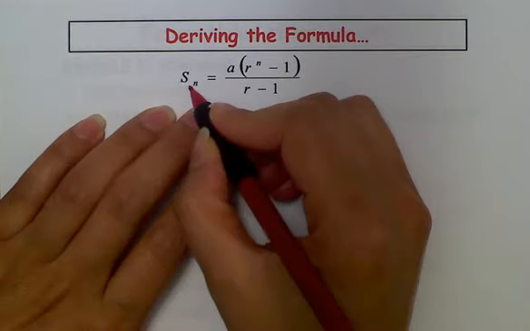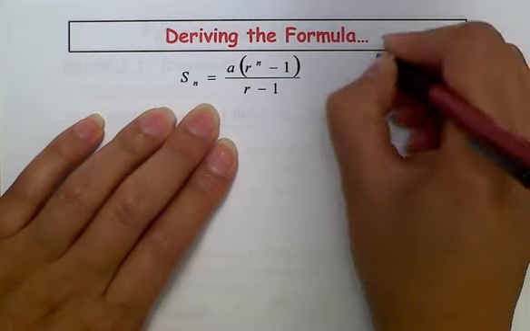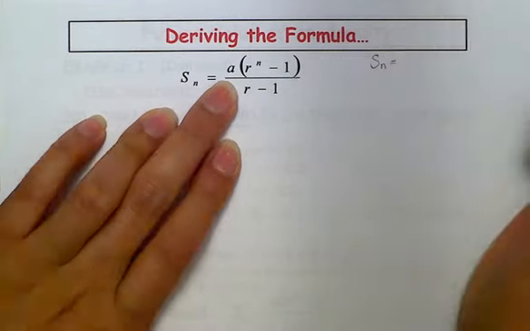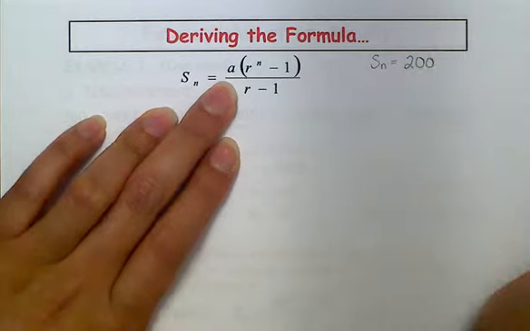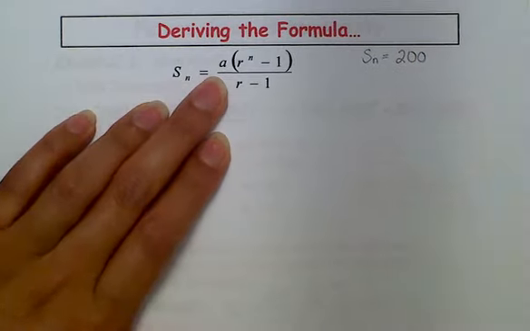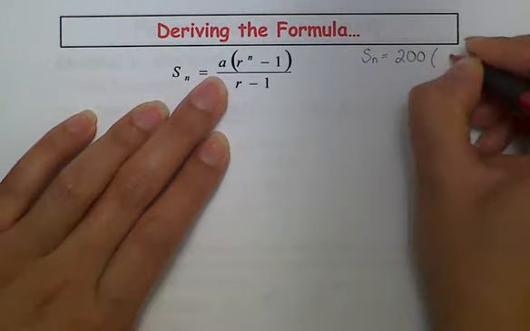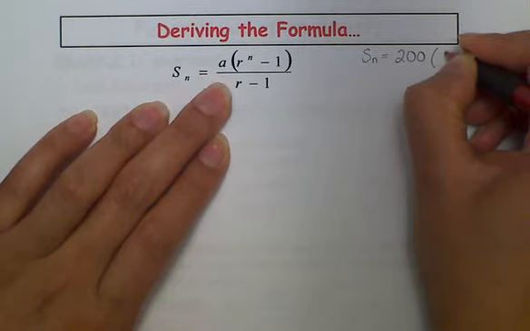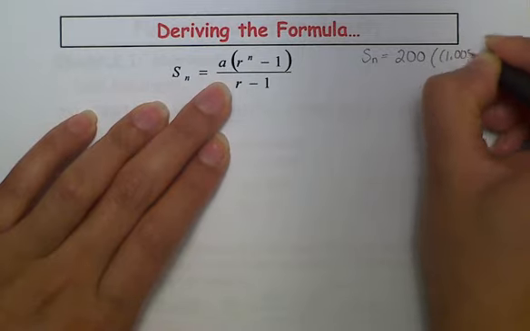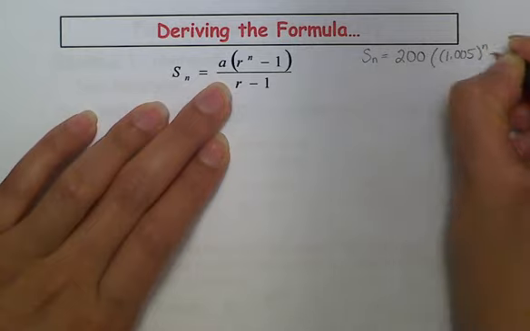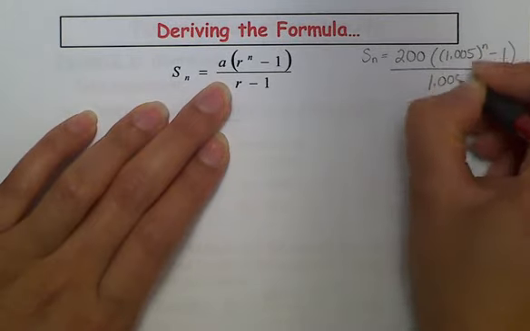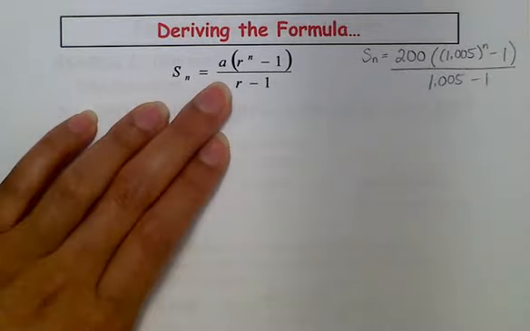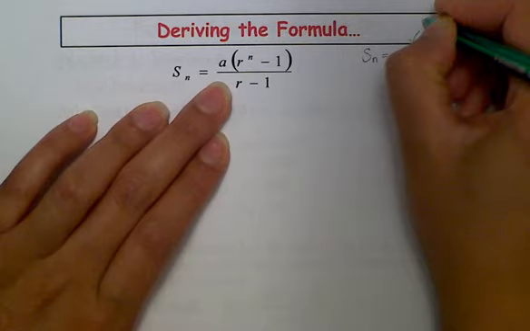So S of n is what we were looking at earlier. And A was our initial value, which was 200, which we also recognized were the regular payments that were being made. R was the common ratio, and in this case it was 1.005 to the exponent n minus 1, all over 1.005 minus 1. Now if we take a look at what each of these things represent, the 200 represented the regular payments,